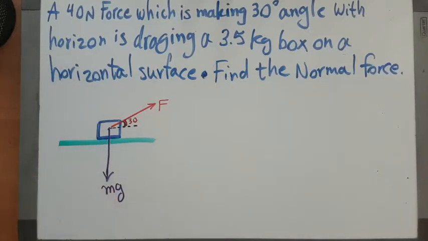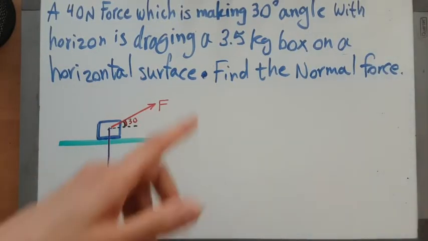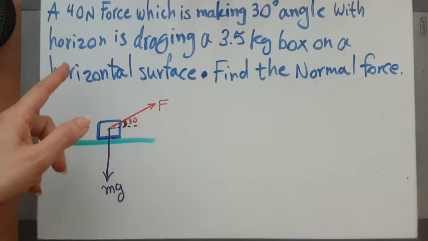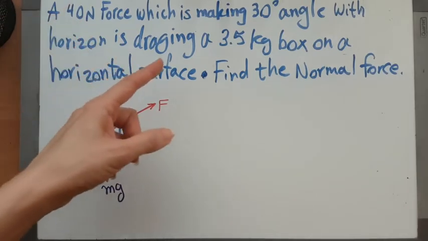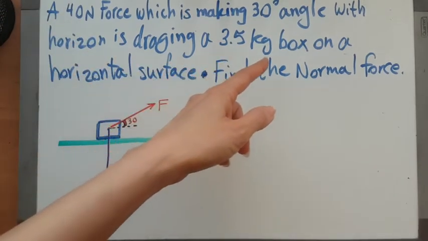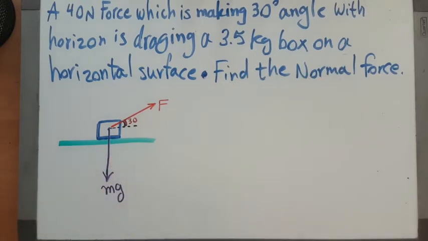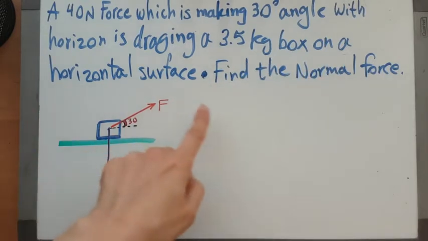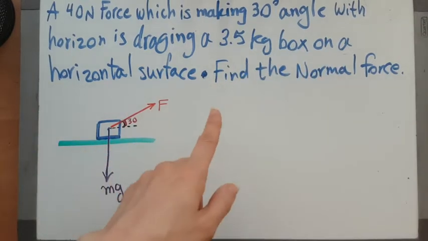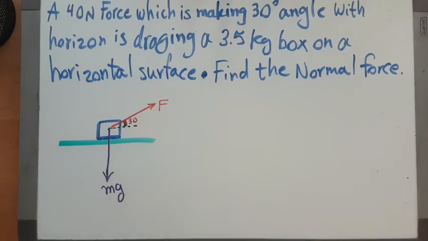A 40 Newton force, which is making a 30-degree angle with the horizon, is dragging a 3.5 kilogram box on a horizontal surface. Find the normal force. We know normal force is the resistance of the surface. So